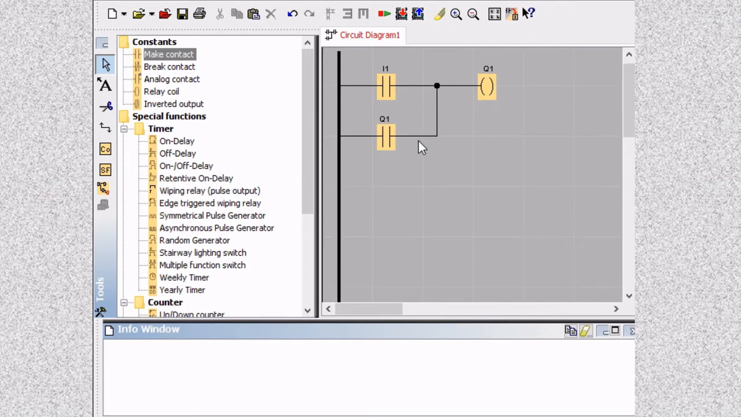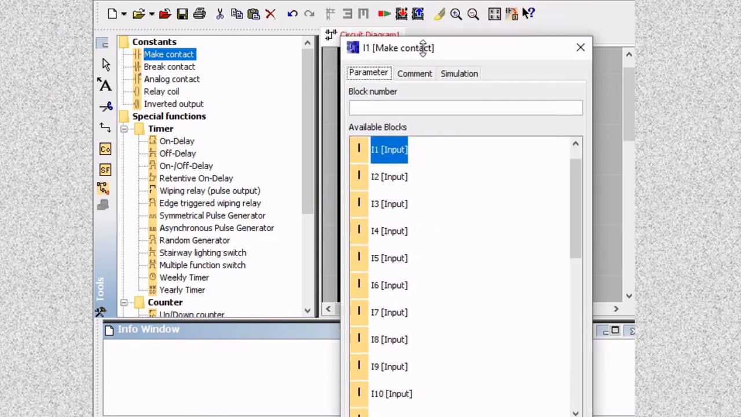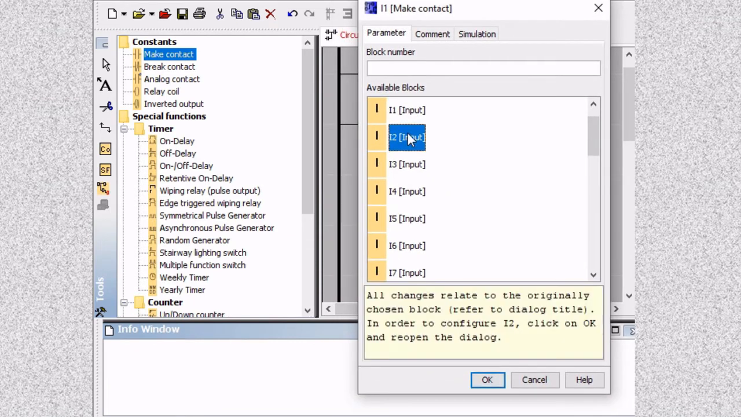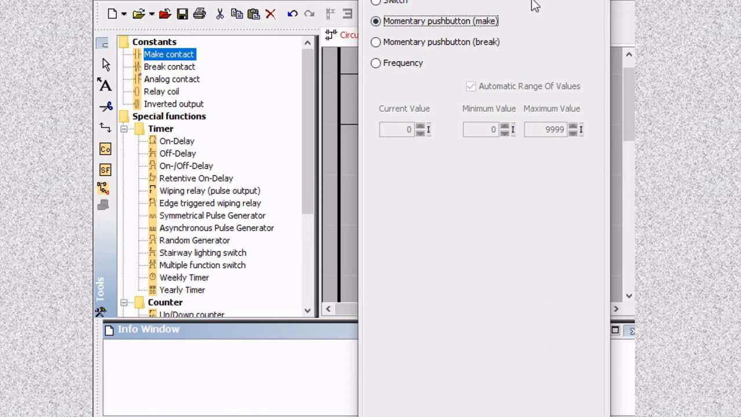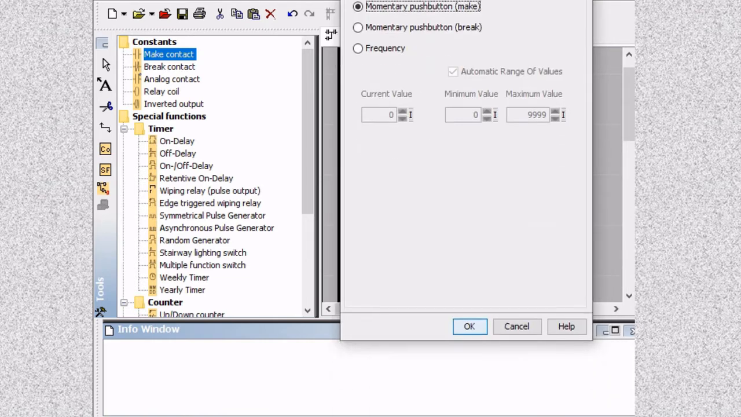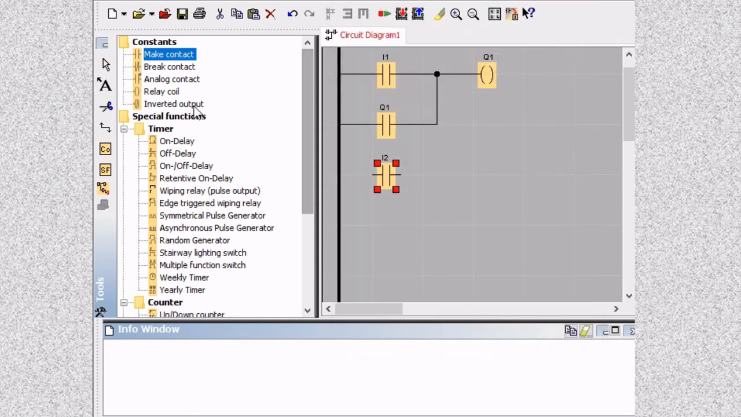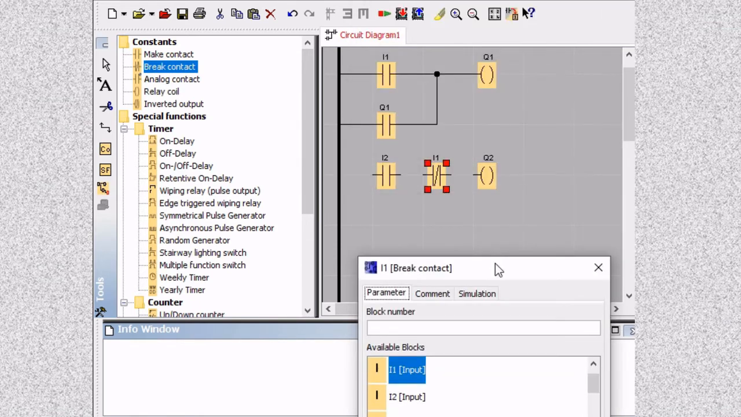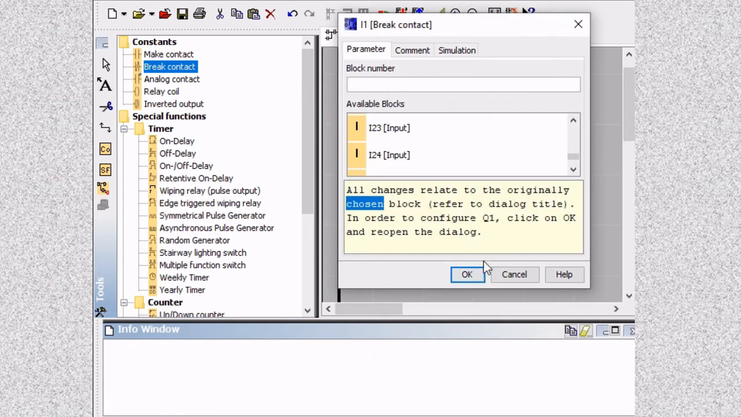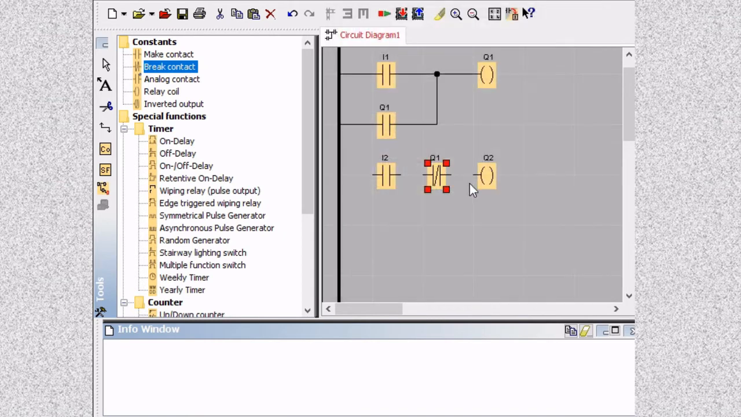When it comes to interlocking, this is used in connection with devices whereby I've got, let's make that input 2, which is a push to make button. That's going to connect to relay coil 2, but I'm also going to insert a break contact over there, which is Q1, and when I link all of those together,